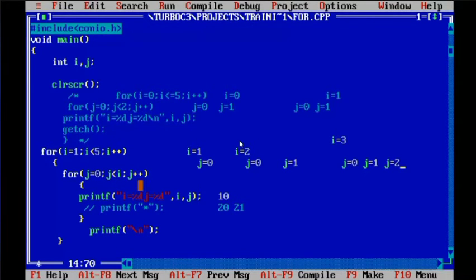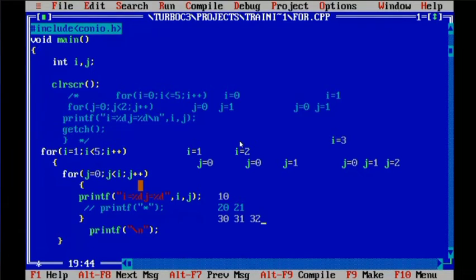In this third iteration, i is constant at 3 while j is executing, but j is incrementing till 2. So what values will be displayed? 3 with j 0, 3 with j 1 and 3 with j 2.